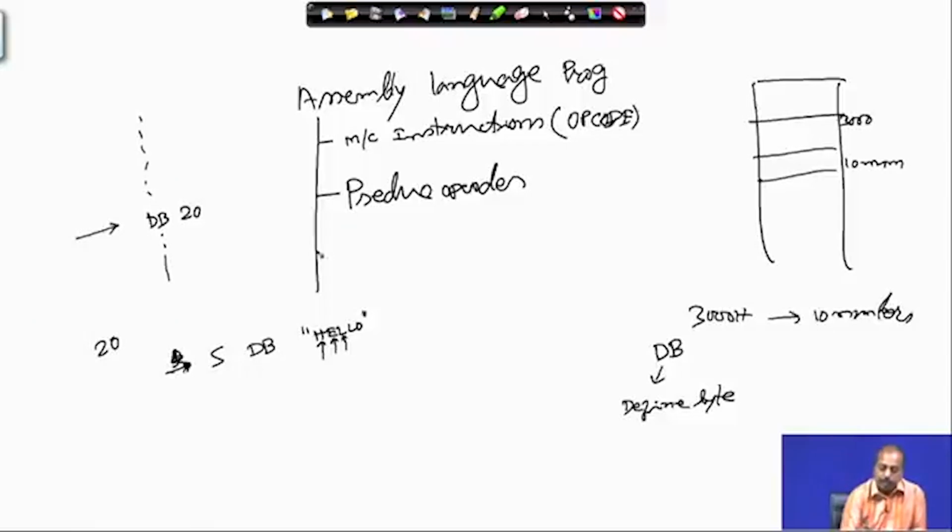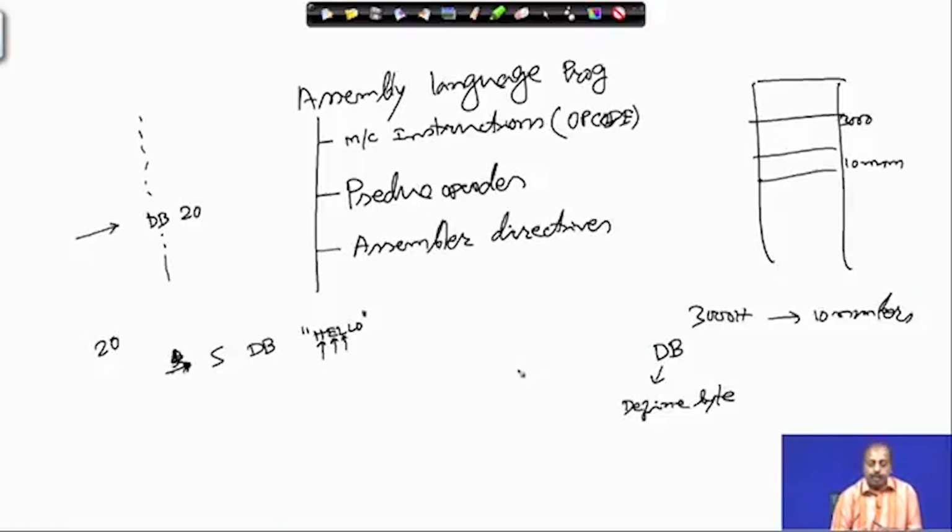We will be using them, and another category of words that you can find correspond to assembler directives. These assembler directives are for telling the assembler what to do, what the user is looking for. One assembler directive is, say, org. The org is followed by some address. So, if I say org 1000, that means after that if I have a move instruction,